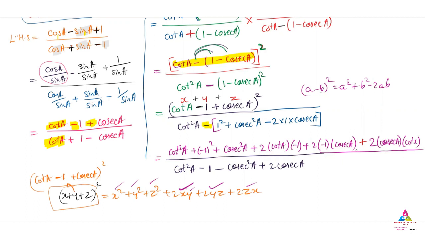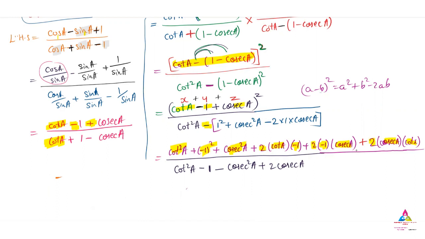See, I have substituted x square, x plus y plus z the whole square. So this is x square, y square, z square, 2 times xy, where the y value is minus 1, 2 times yz, 2 times zx. That is the formula, because here I have 3 terms. Okay. Next I will continue.